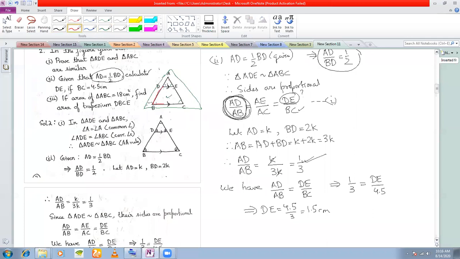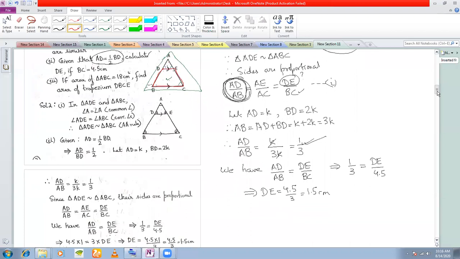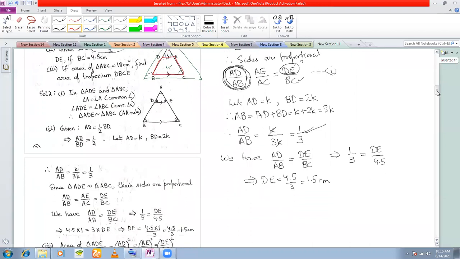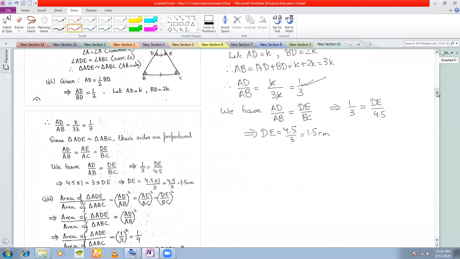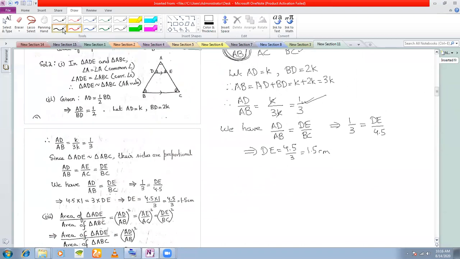This trapezium, you need to find out the area. Now I have already shown that the two triangles are similar. Let us first write down the ratio of the two triangles. So I'll write the ratio of the area of triangle ADE to the area of the similar triangle ABC